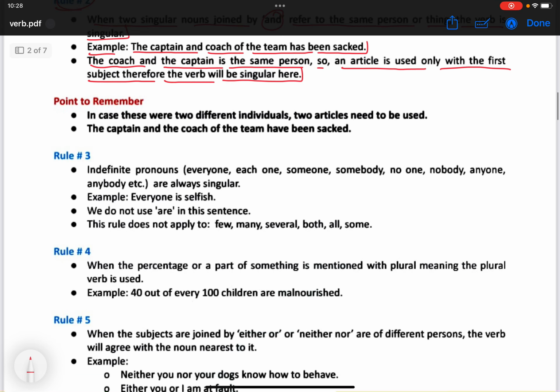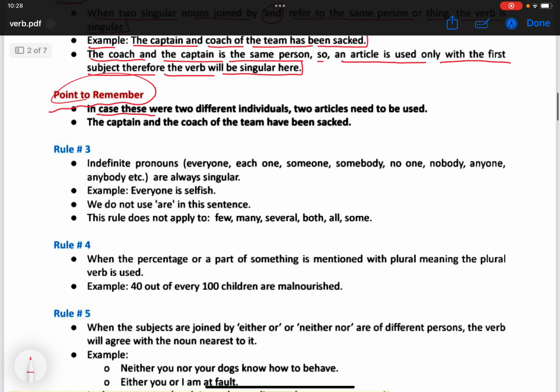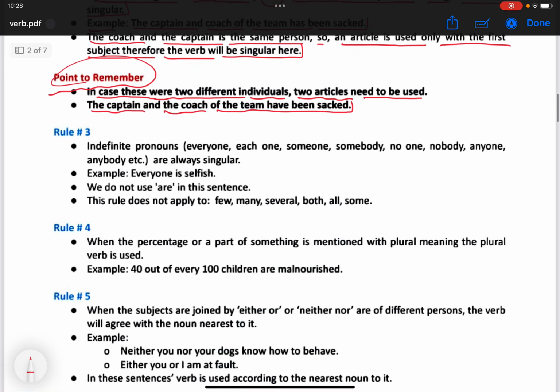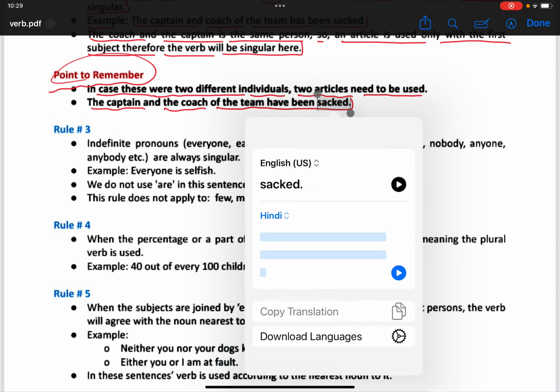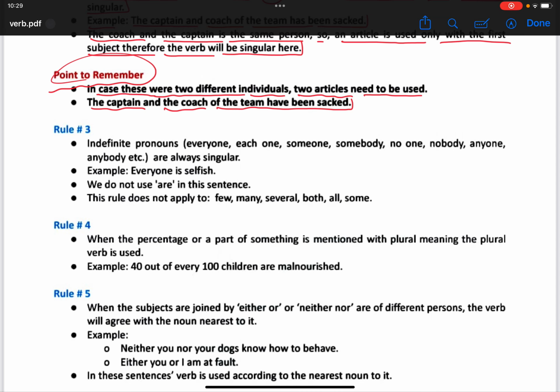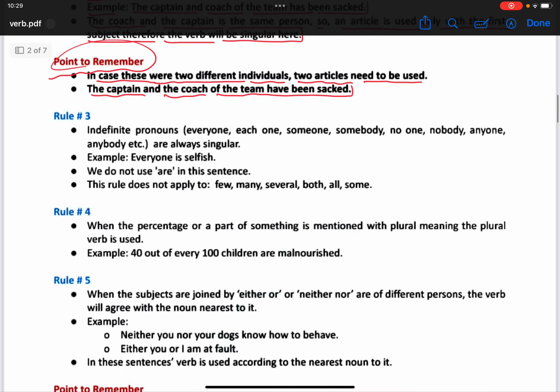ठीक है? Point to remember in this case, in case these were two different individuals, two articles need to be used. The captain and the coach of the team have been sacked. मतलब कि दोनों क्या हैं? एक ही हैं। बर्खास्त, अच्छा इन दोनों को बर्खास्त कर दिया, निकाल दिया।